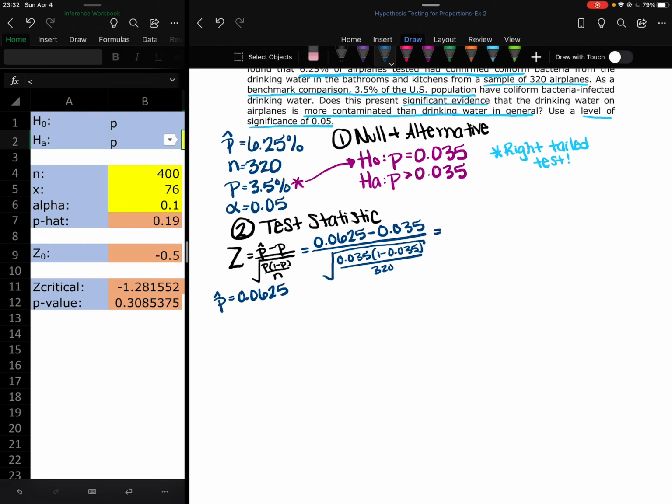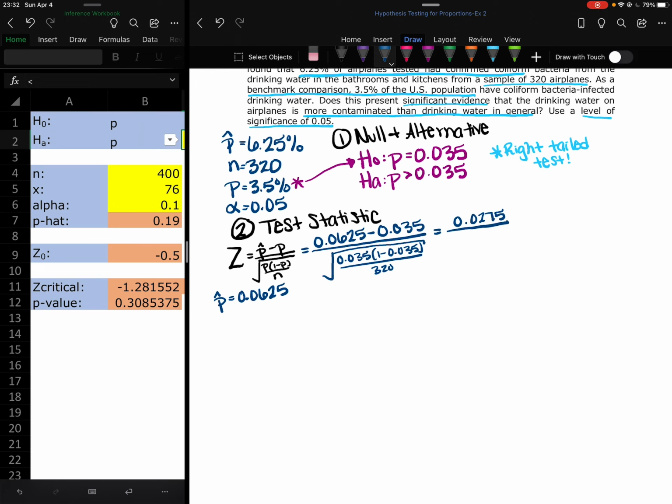Again, I recommend doing the top piece first. So that's 0.0275 over,